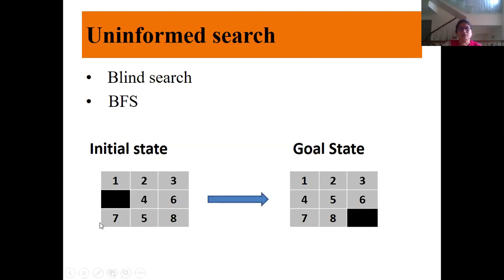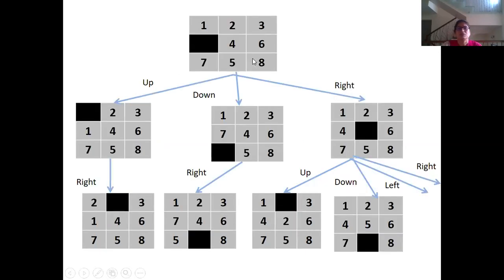So this is your initial state. You can see the numbers. And what is the goal state? Numbers placed in a particular configuration. Here you can see they are in ascending order and the black square is at the end. Fine. So let us start solving this problem using state space search. As the name indicates, we are representing our problem in a state. Now let us go through it. So this is your initial state with the black square at this position.